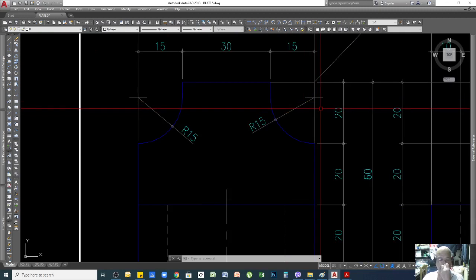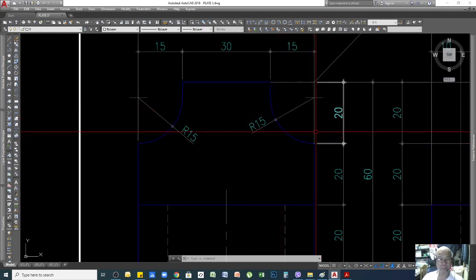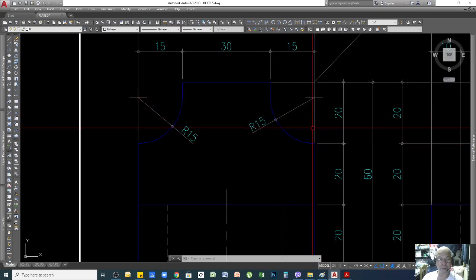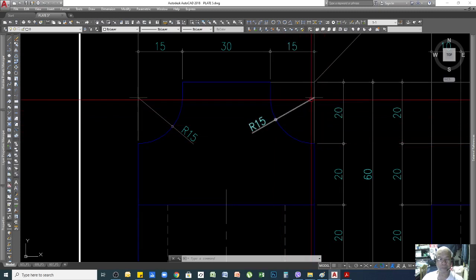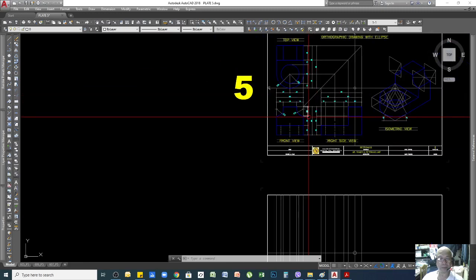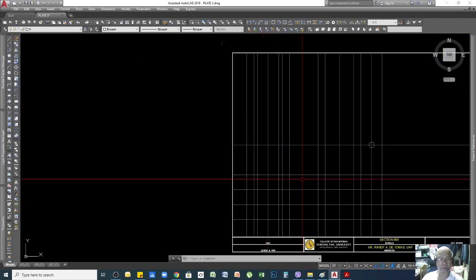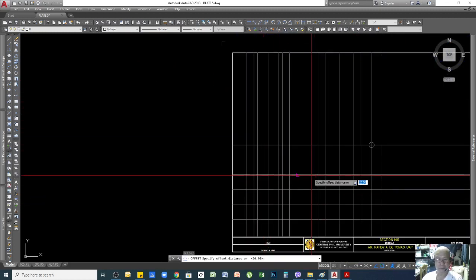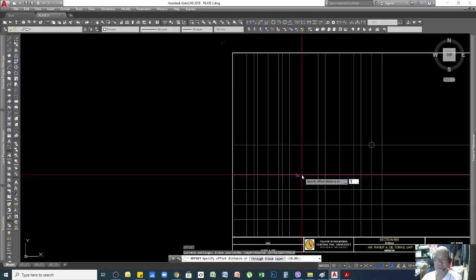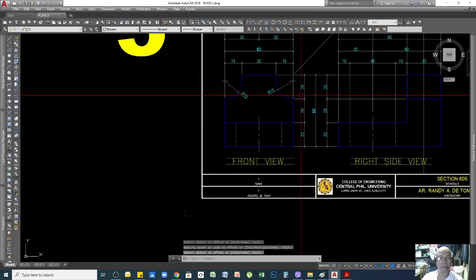Since the radius is from here 20, I can offset from here by 15 or from here by 5. So I can use this line, the top portion of our object, and offset this by 5. Enter 5, and then I go down. That will be our radius for the curved line here later.